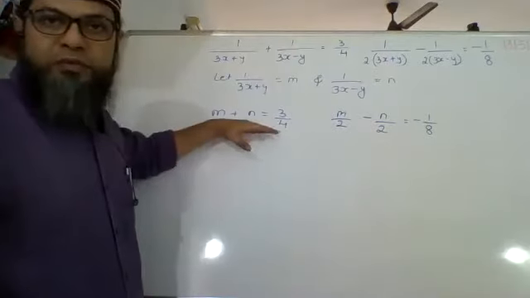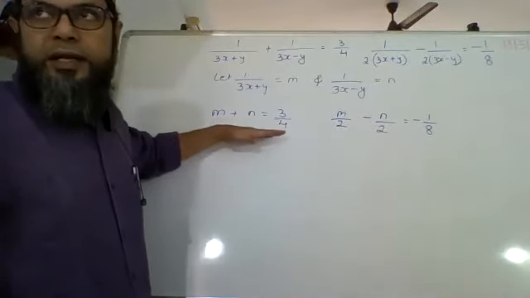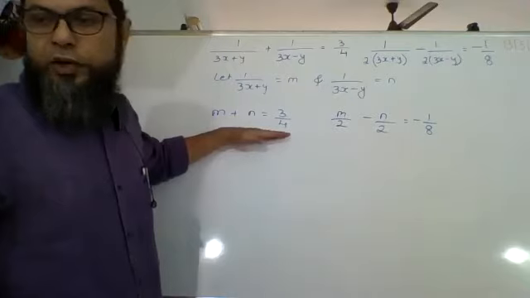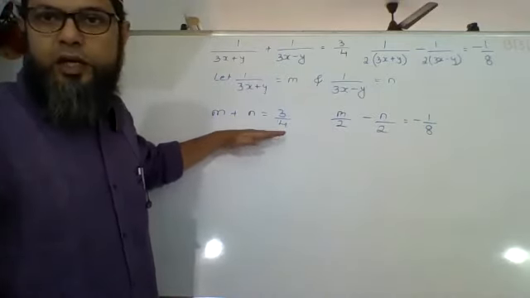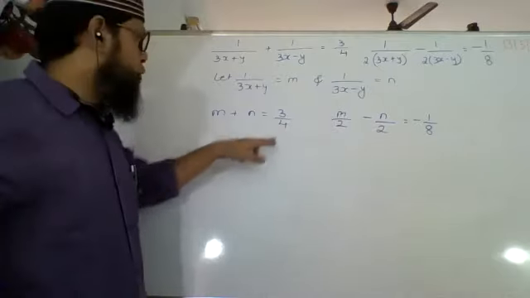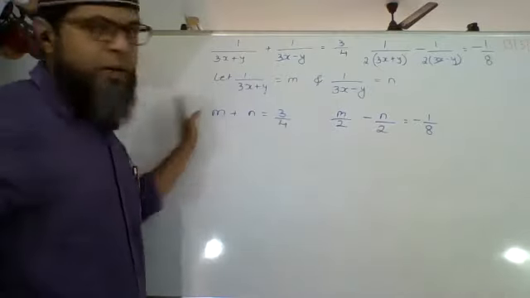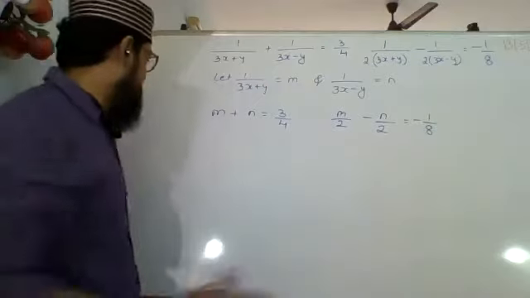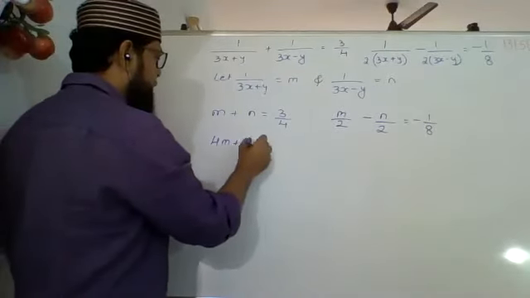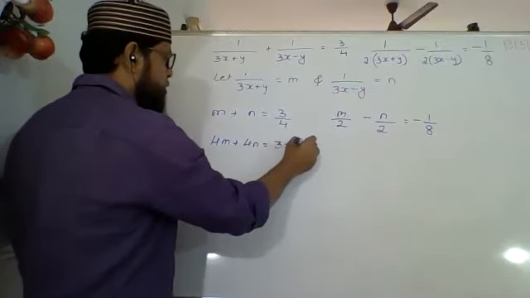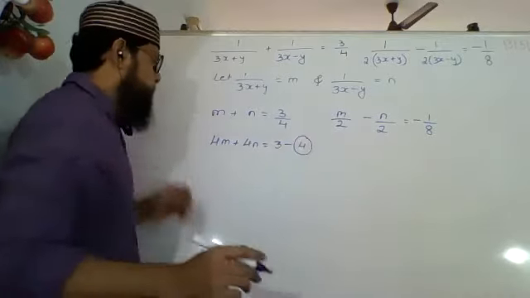Now I want to simplify this. I want to bring it in a linear form. I don't want fractions. क्योंकि fractions आते हैं तो आप लोग डर जाते हैं. Fractions आते हैं तो आप लोग mistakes करते हैं. So I want you all to avoid fractions. तो ये 4 नहीं चाहिए. So multiply by 4 or bring this 4 this side. So this will become 4m plus 4n equals 3. This is your fourth equation.